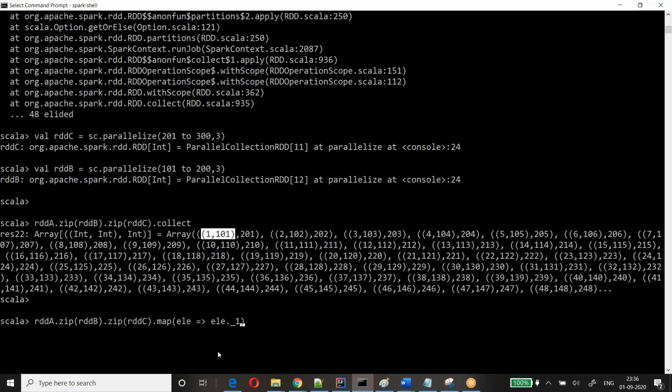But in underscore 1, what do I need? Again another piece. First element, this element. I want 1, comma, yearly dot underscore 2 dot 1 dot underscore 2. This is yearly dot underscore 1 in that first element, in that second element, comma, yearly dot underscore 2. Like that we have to do.